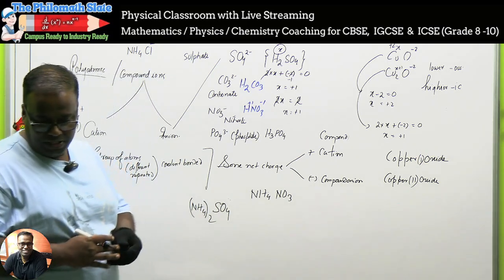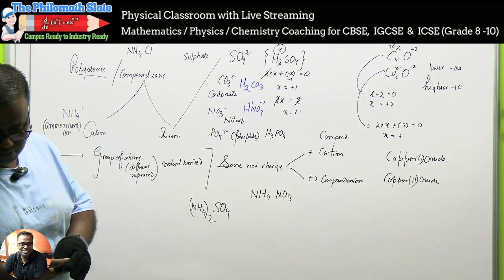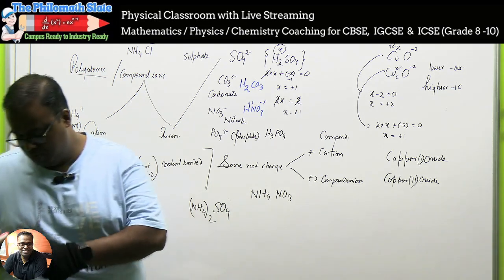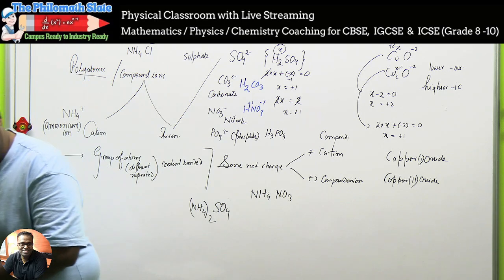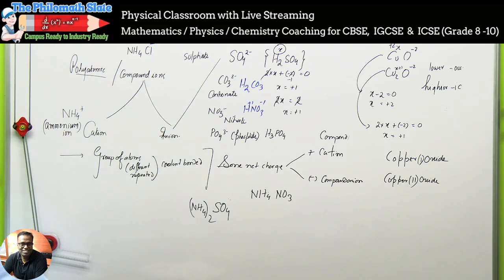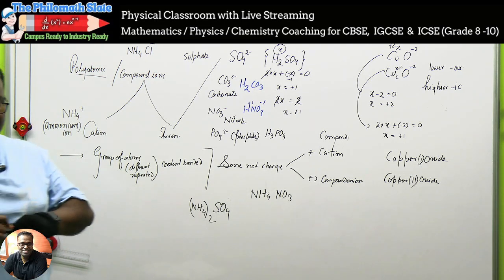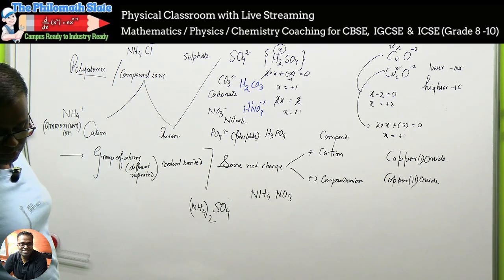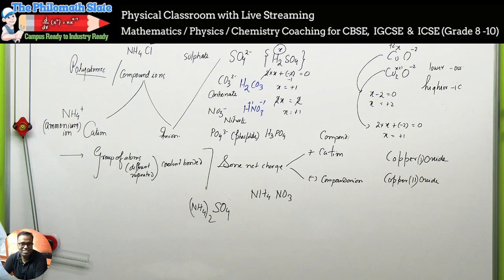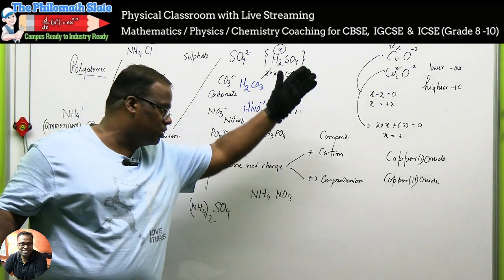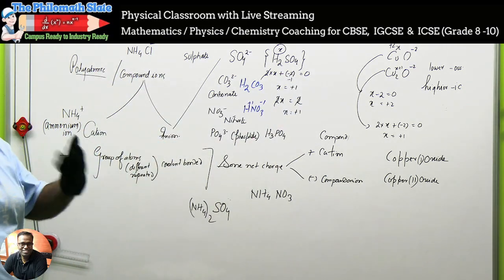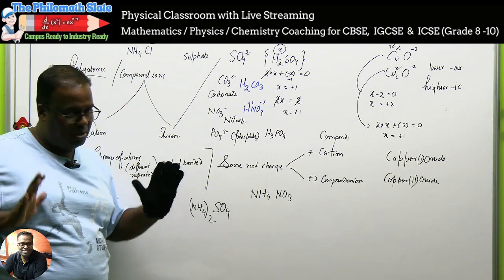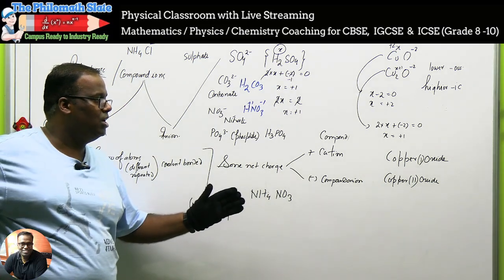So I think we have done with this. Next we will go for formulae of covalent compounds. We'll go as per the book only. So that we will do in the next class, otherwise it will be too much in one day. Then we'll do formulae of covalent compounds and formulae of ionic. Ionic is the one that has the crisscross arrows. You all know about all this, so we'll go fast. Major part of what I had to teach, I have taught.